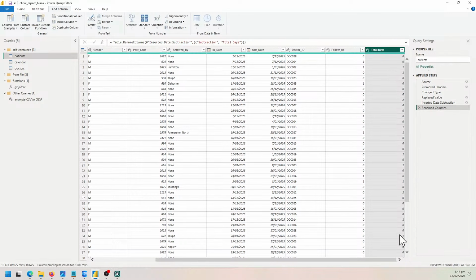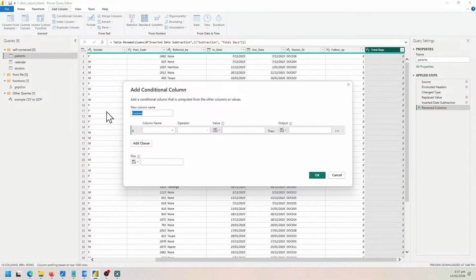Okay, so that's that. And then based on this, I want to categorize the patients as inpatient or outpatient. An inpatient would have 1, 2 or something, and outpatient will have 0. So we'll use this column to determine that. So again, we will add one more column. For that, we'll use the add column, and this is basically a logical check, right? Is this 0? 0 means OP. Anything non-zero is IP. So select this and then use the add column, conditional column, and this is how you